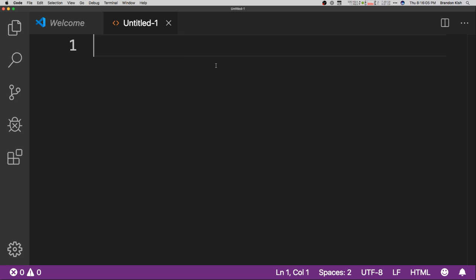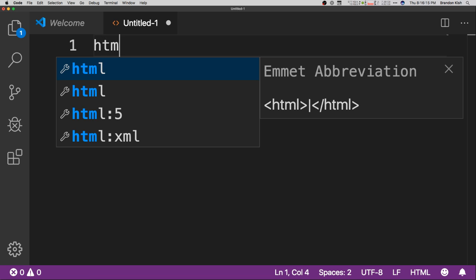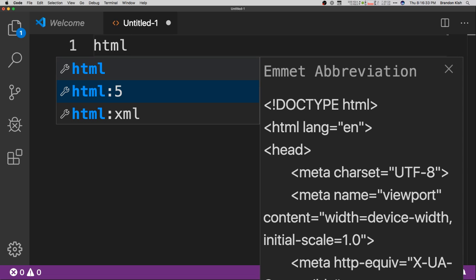So now we're in HTML mode, and Visual Studio Code has now activated everything it knows about HTML, which is an awful lot, starting with autocomplete. So as I start typing in here, I can start typing HTML, and what Microsoft calls IntelliSense starts to appear with suggestions for what you might want to put in your document. The first recommendation is just an HTML tag. If you hit the arrow down though and you go down to the HTML5 shortcut, you get a preview on the right hand side of what it's going to insert, and it's actually going to put all the starting HTML tags that you need in the document.